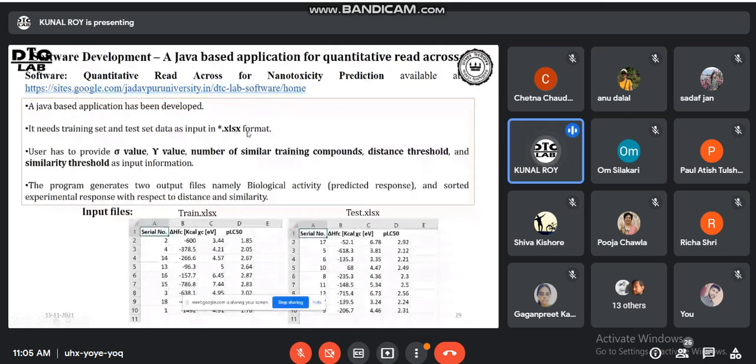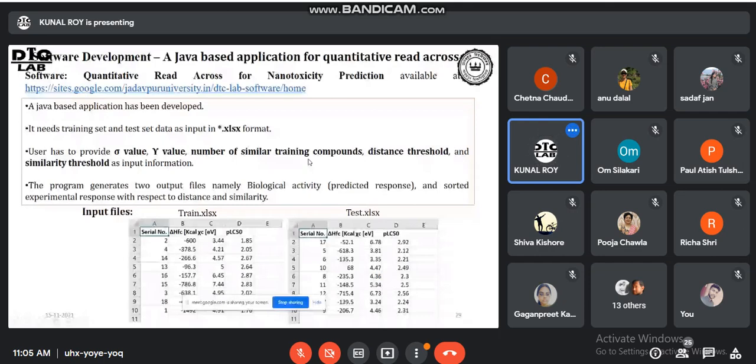And the user has to provide the Gaussian kernel and gamma and number of similar compounds and distance. We have used sigma and gamma values as 1 each. We have generated 2 output files, one for sorted activity, and that is for sorting of the